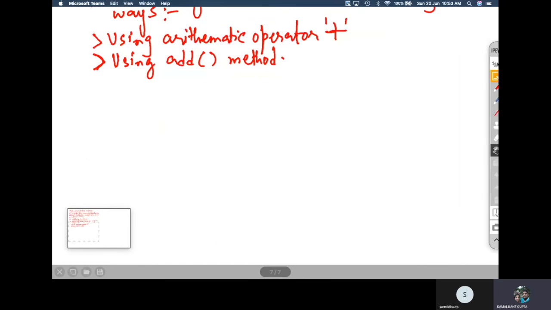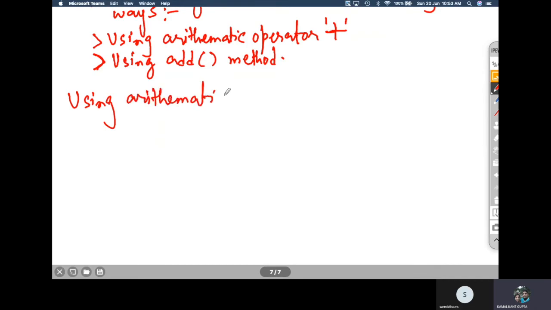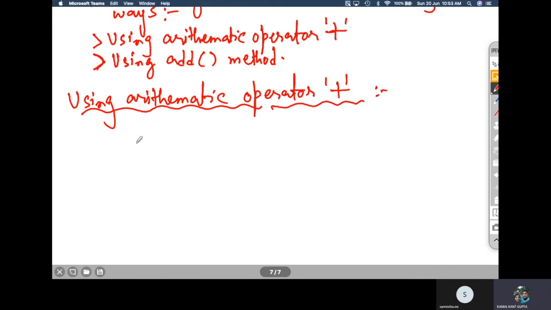So using the arithmetic operator plus. First we will see this, and then we will move on to the next one. Consider this example.